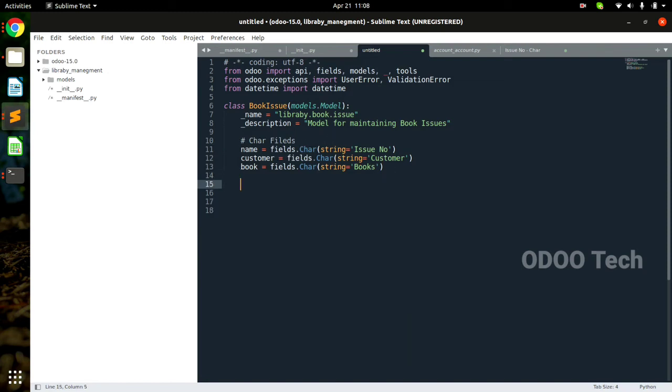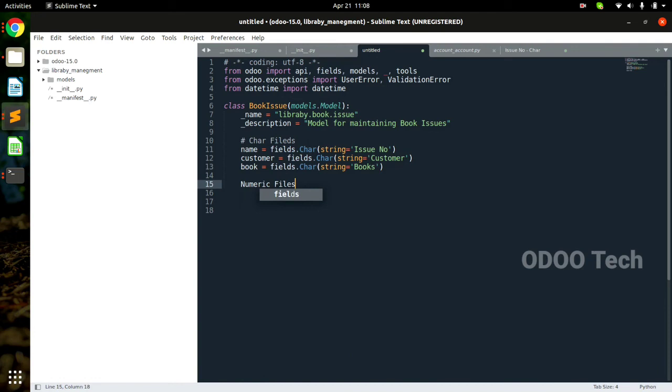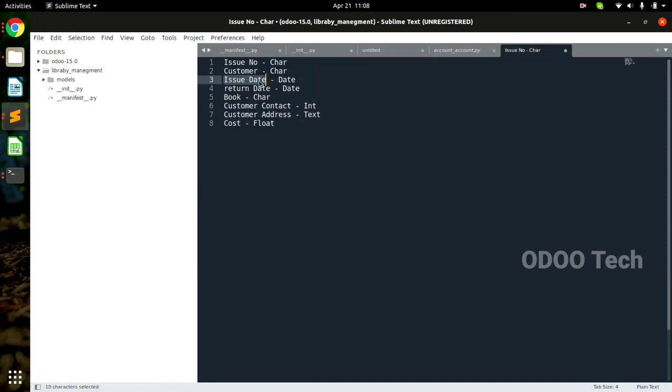Again, now I'll go for a numeric field. Numeric field as a comment. So I'm gonna start with the numeric field. Which is our numeric field? Customer contact.